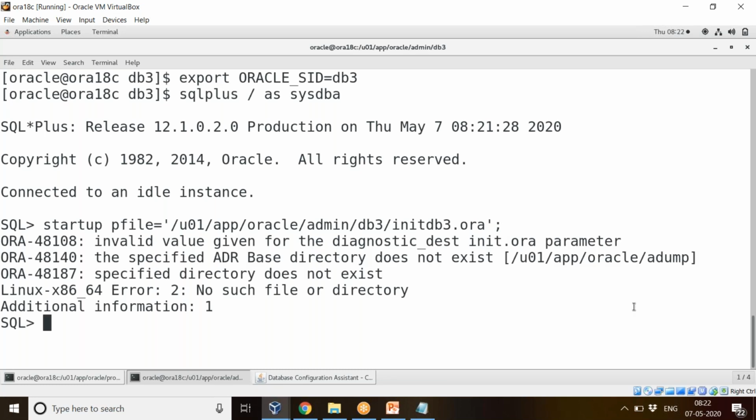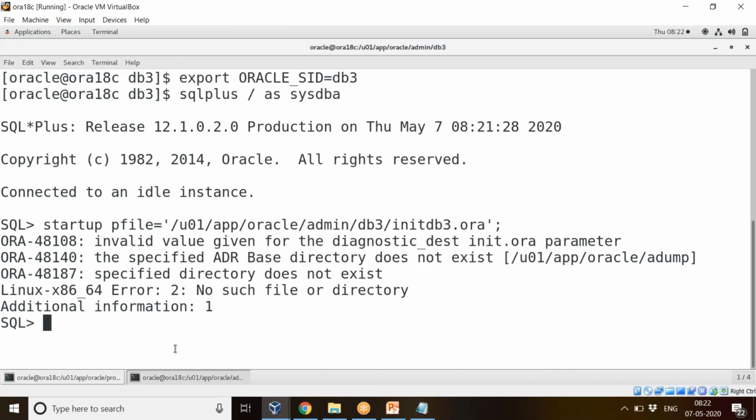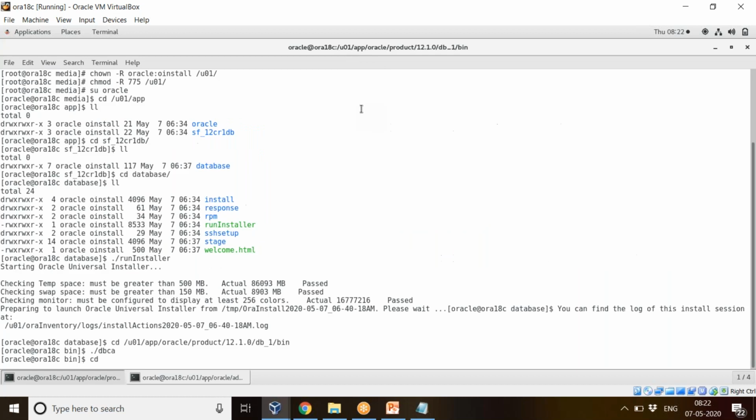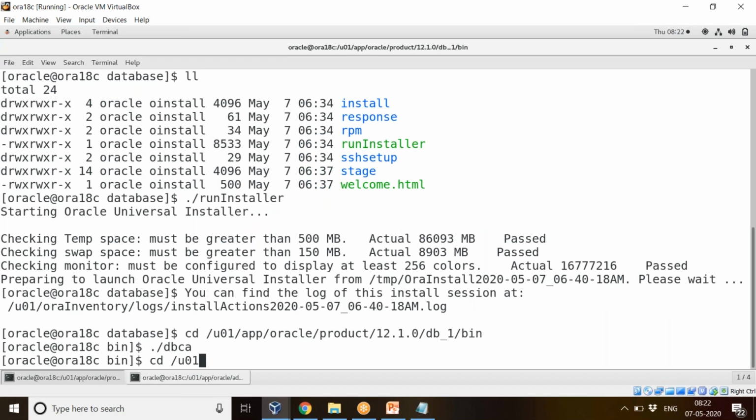So diagnostic test, it is throwing an error that adump is not there. So we'll go and check whether the adump directory is there. Here the database db2 using dbca has been created. Just close this. So now we'll go to u01 app oracle admin db3.